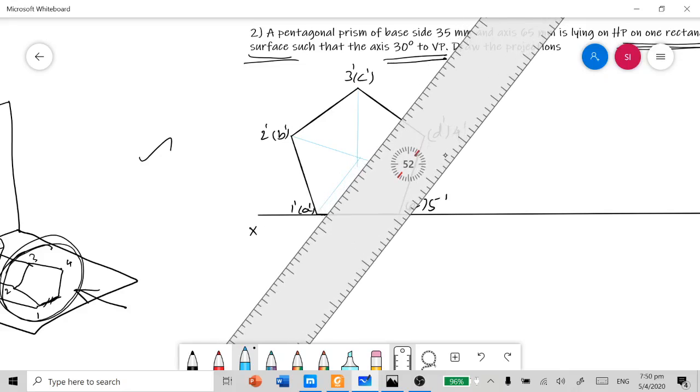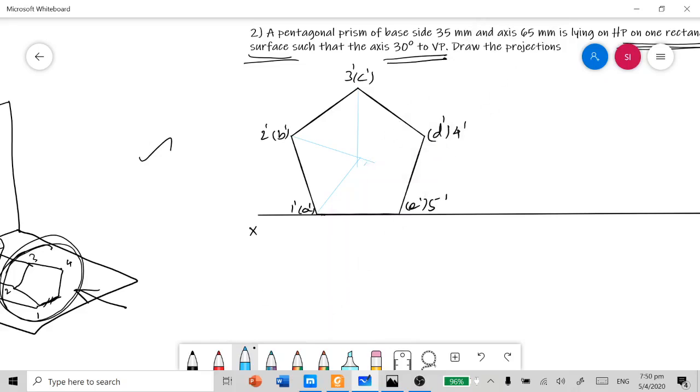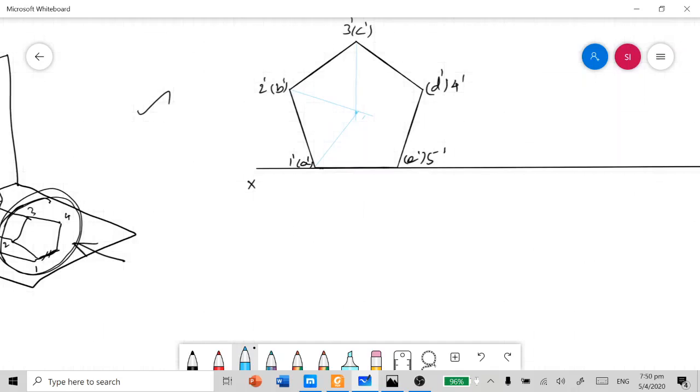Approximately, this will lie here. Since it is a computer platform, I am marking it approximately, and then you can project each and every corner towards your top view.